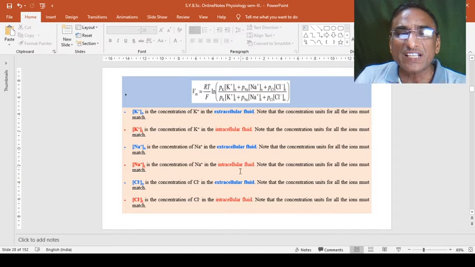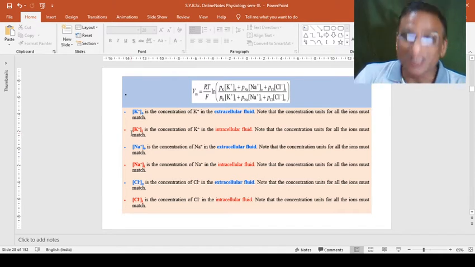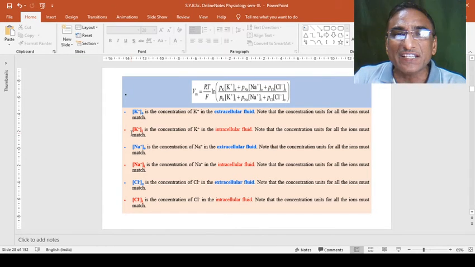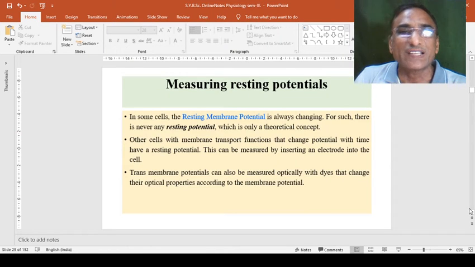So this inside or outside movement of the ions to maintain the concentration gradient, the unit for all ions must match everywhere. This should be matched properly to maintain the concentration gradient, to maintain the equilibrium, or to maintain the normal standard ratio of the ions at that particular moment. Then and only then is the membrane potential positively facilitated or carried out.